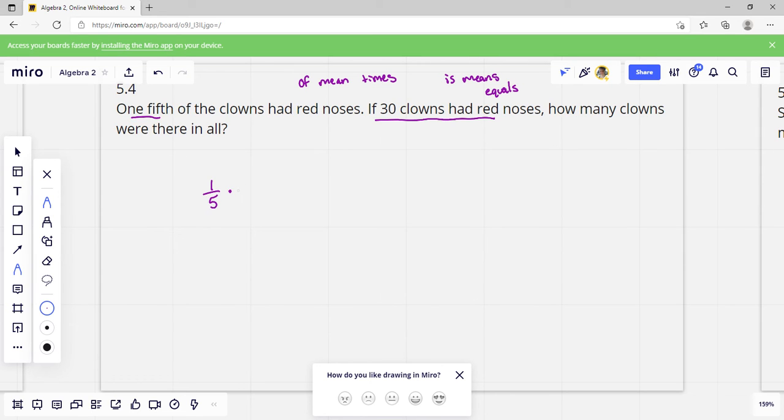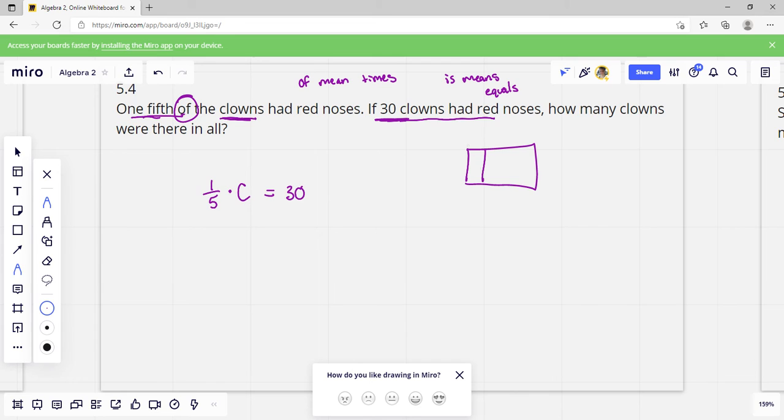"Of" is times. We'll use C for clowns. So 1/5 of the clowns had red noses. So that will be 1/5 of the clowns is 30, because 30 had red noses. Okay, so we've got our 1/5 times the clowns, because there's our "of" right there, of C, and that is 30, 1/5, right? So if we draw a diagram of that,